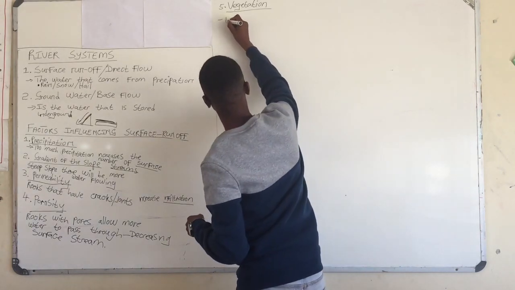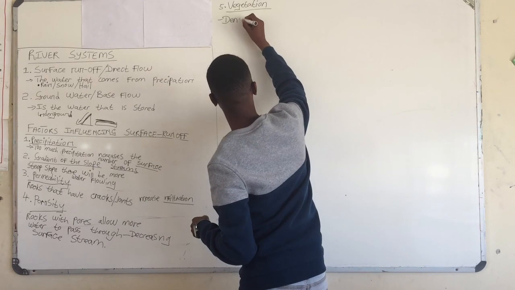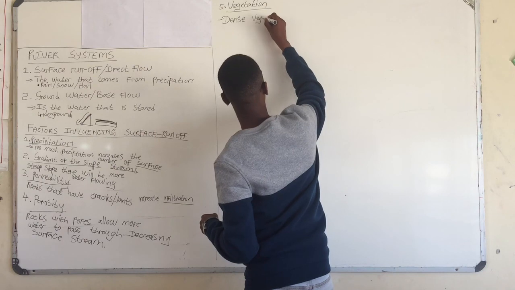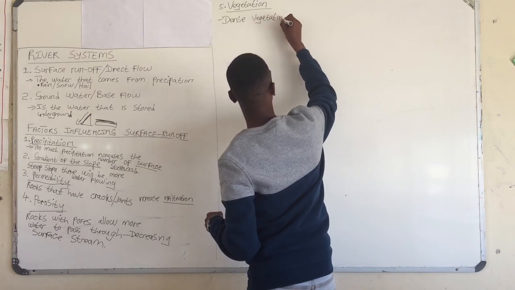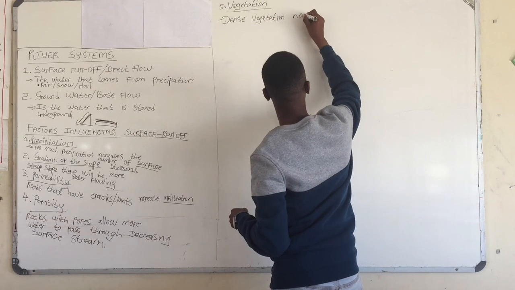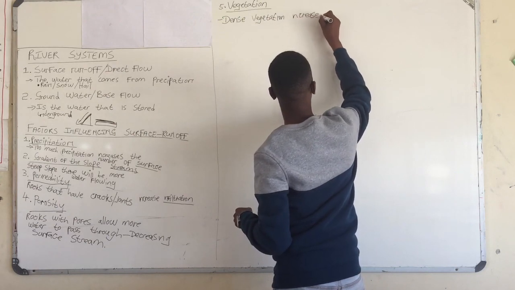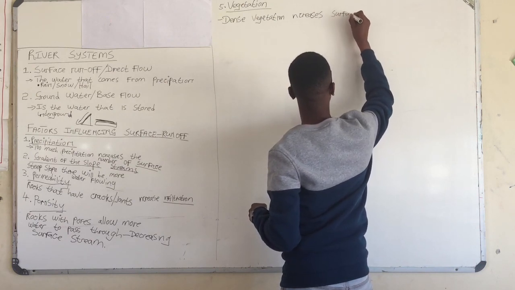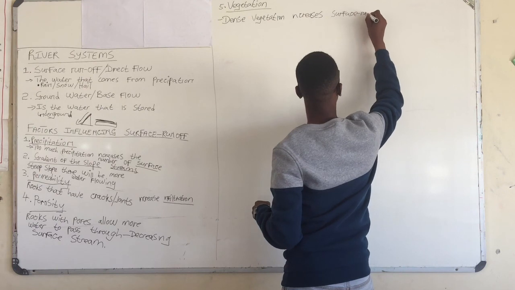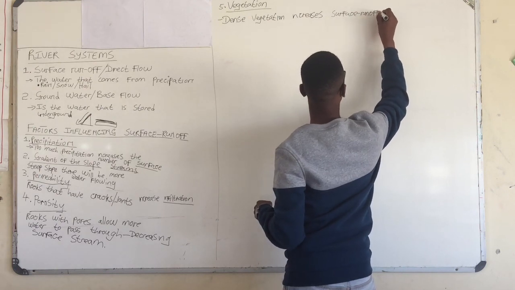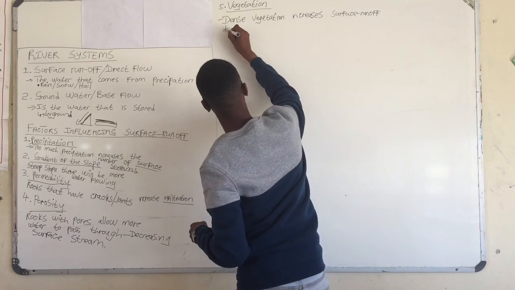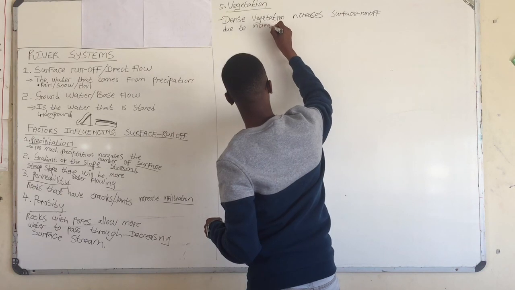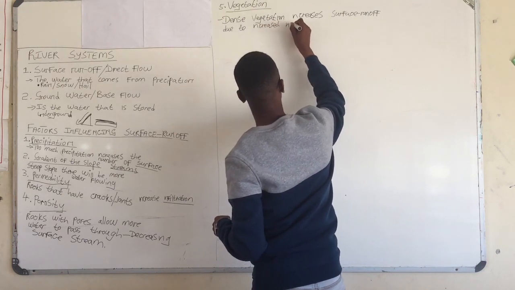So dense vegetation increases surface runoff due to increased